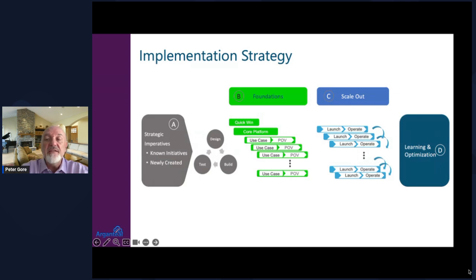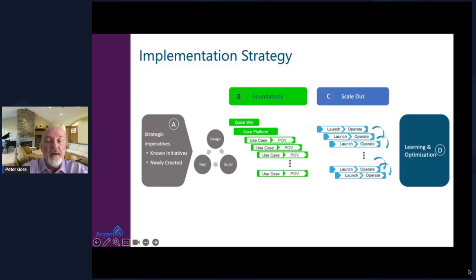So as you delve into this implementation strategy, right? So now that you have your hows, now you're going to start looking at, what is my overall action plan that I'm operating against, right? So I've got my strategic imperatives. I know what I want to achieve, and I'm now documenting and designing to those initiatives. So I have a design, I have a build, I have a test. And now I'm able to roll that into a pilot phase where I'm actually able to go prove the value of what I've done, make sure that it works, associate a quick win, right?